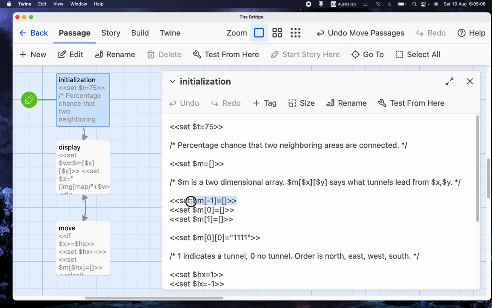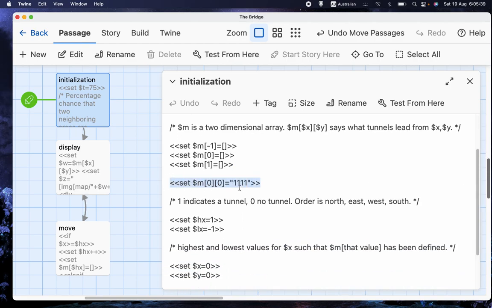Please note that it's perfectly legitimate to have negative numbers. We use the analogy of a line of postboxes, but of course, unlike a line of postboxes, it doesn't have to start at 1. It can go into negative numbers more or less indefinitely, and it can go up more or less indefinitely. So we set M0, M minus 1, and M1 to themselves be arrays, and then we set